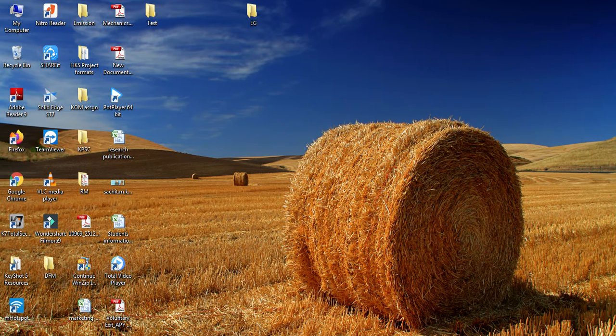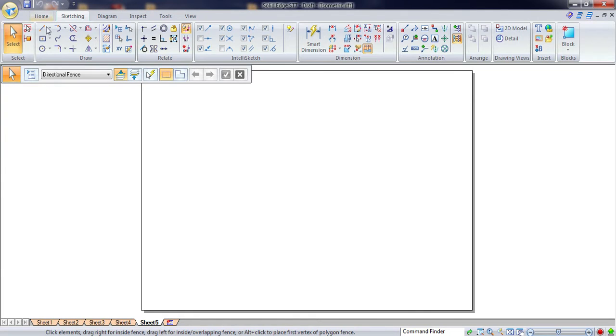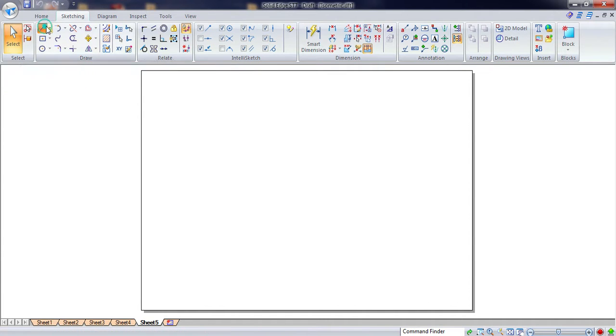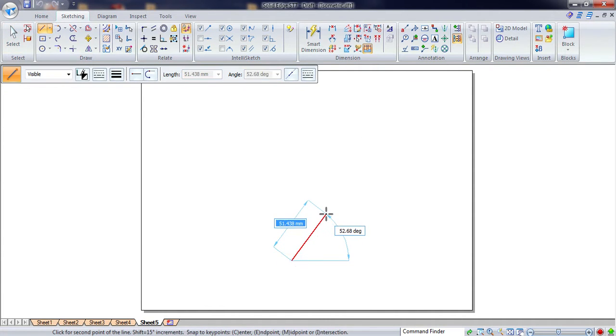So open the Solid Edge ST7 software. First we need to construct the cone. On that cone there is a hemisphere. So take the line command, and the base diameter they have given is 60 here. So 60, 30 degree, 60. Next 150 degree, then again 60, it is minus 150, and finally 60, it is minus 30 degree.